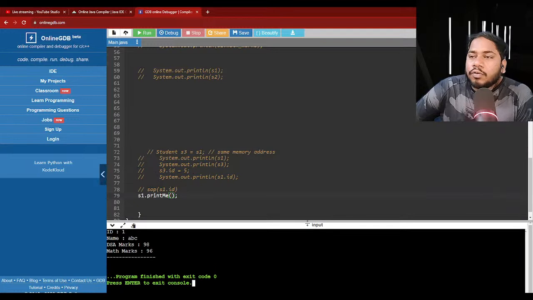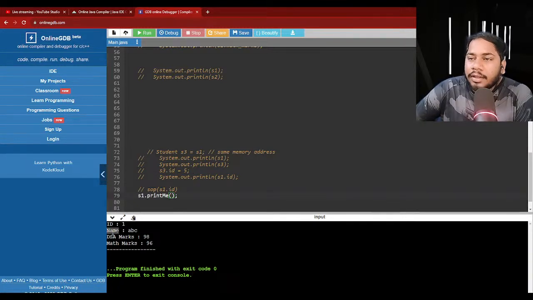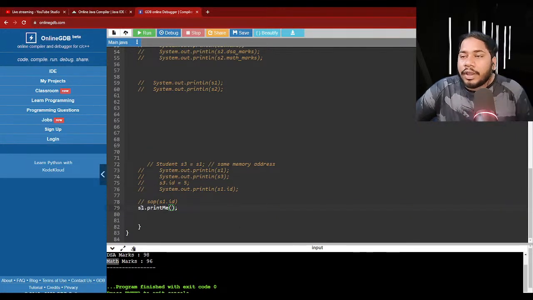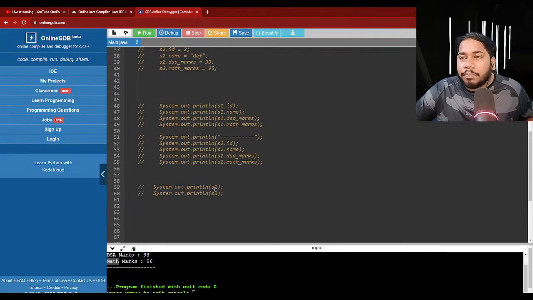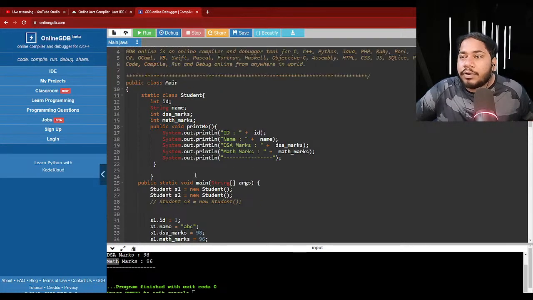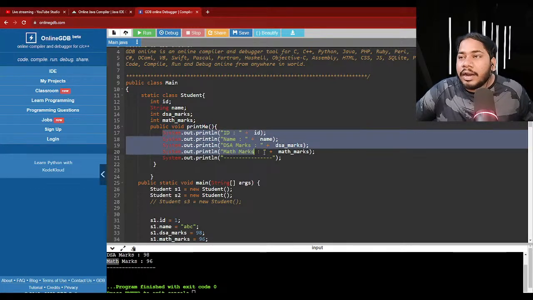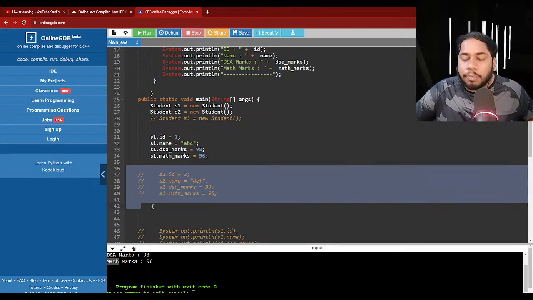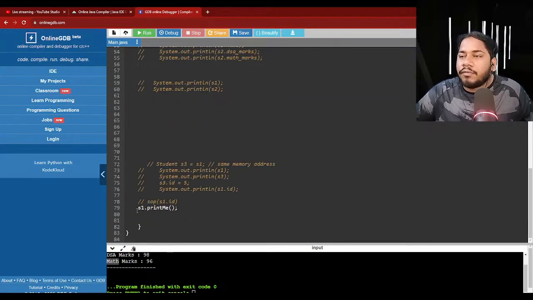right? So for S1 we are printing ID, name, DSA marks, and math marks. So what are we doing now? S1 dot printMe. So we are going to this printMe function. In that printMe function, it has something to do. It has to print some elements, and that is what it is doing. And now if we try to print the same things for S2, then we can write something like, just a second,